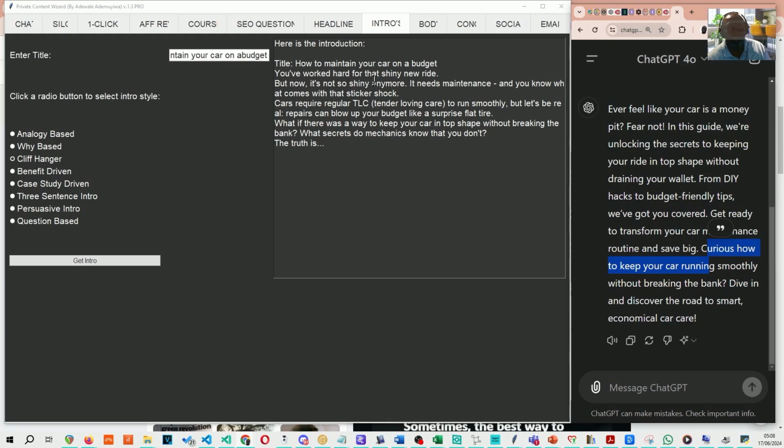You've worked hard for that shiny new ride. But now it's not so shiny anymore. It needs maintenance. And you know what comes with that sticker shock? Cars require regular TLC to run smoothly. But let's be real. Repairs can blow up your budget like a surprise flat tire. What if there was a way to keep your car in top shape without breaking the bank? What secrets do mechanics know that you don't? The truth is,